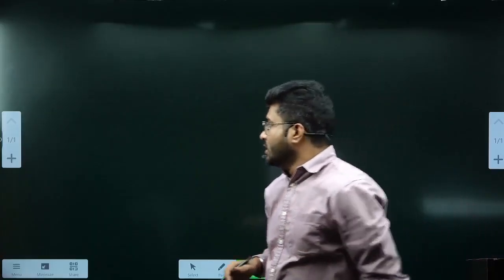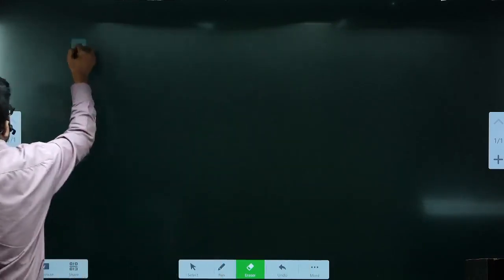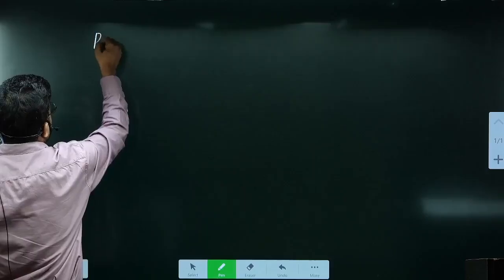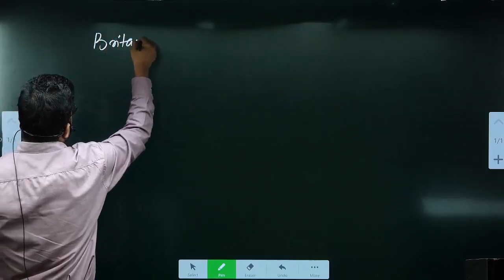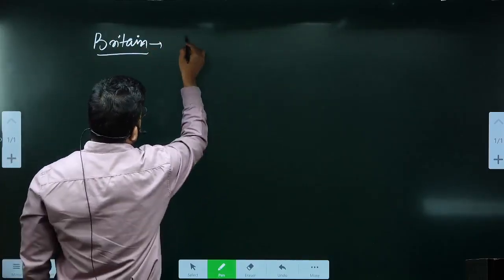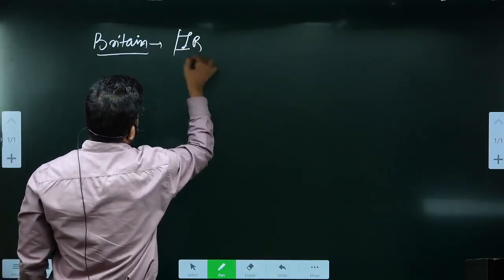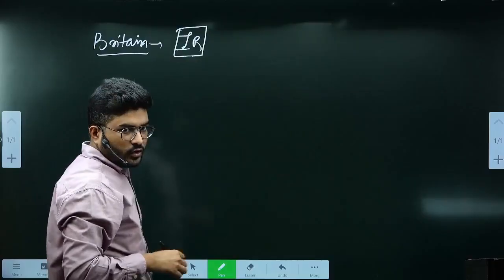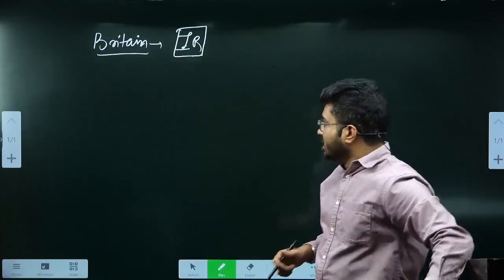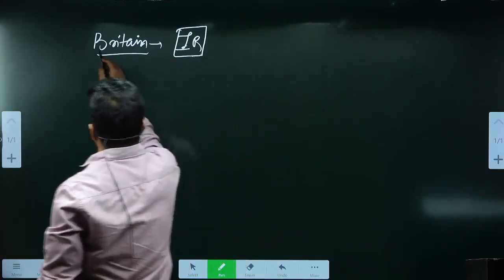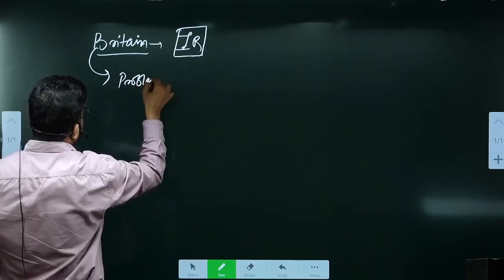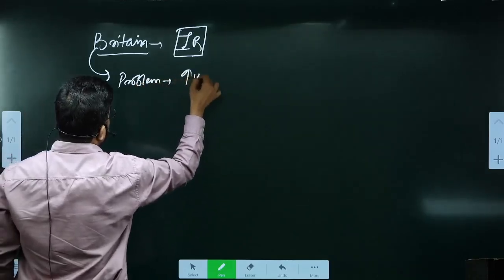Now, Britain was the one where we saw the industrial revolution during the 18th-19th century. Now, Britain saw lots of problems: growth of urban population,